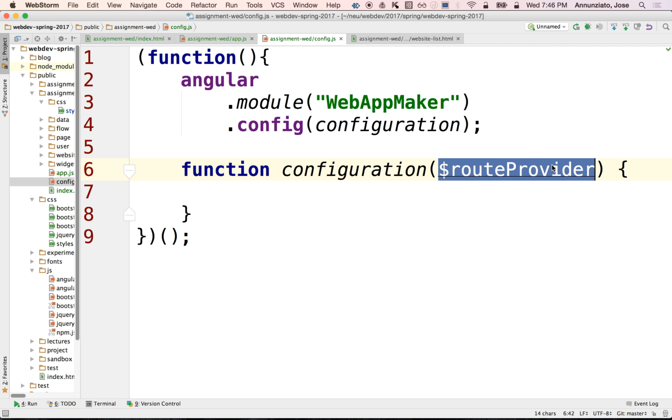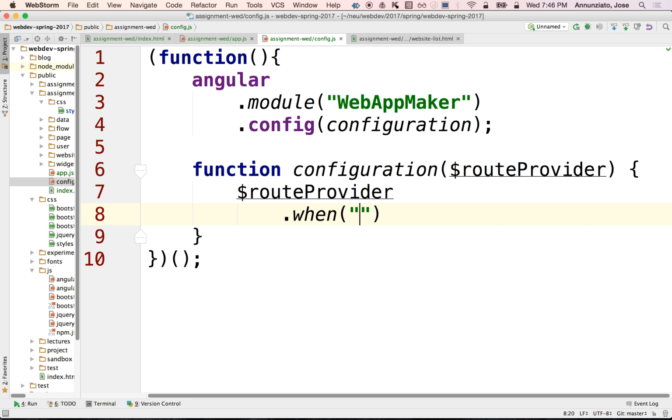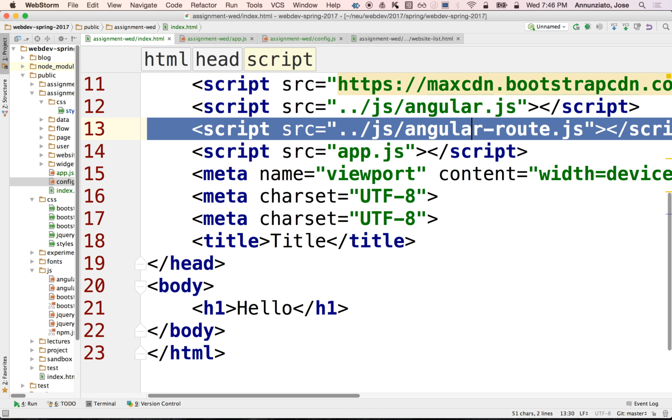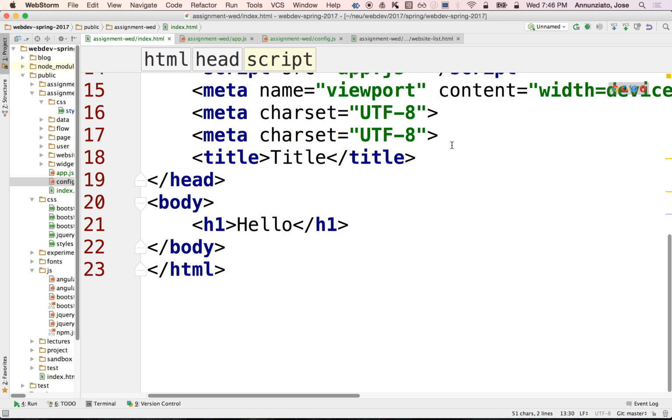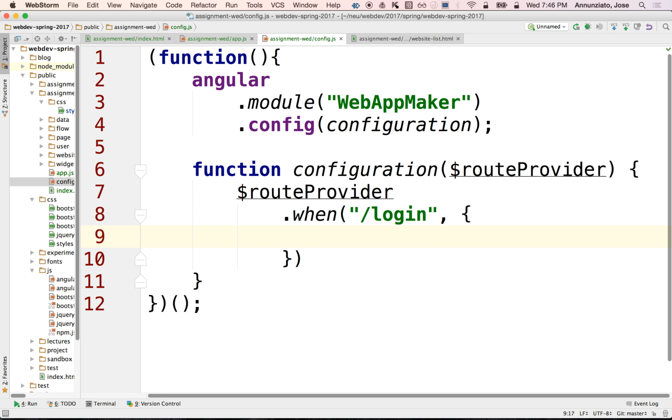So let's grab this provider, and one of the things that we can configure is that if we see certain URL patterns on the browser, we want to be able to load certain templates, right? We want to load the login template or the register template or whatever, right? And we want to inject it, and we want to make it appear here in the index page, somewhere in the index page, right? So we're going to configure it will say that if you see login, when you see login, then what we'd like to be able to see is that I want you to load the template